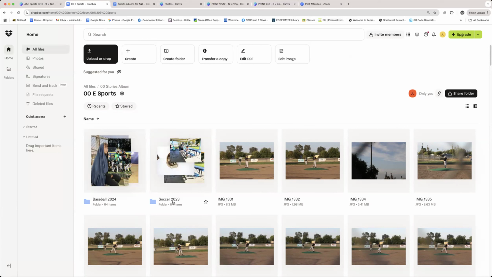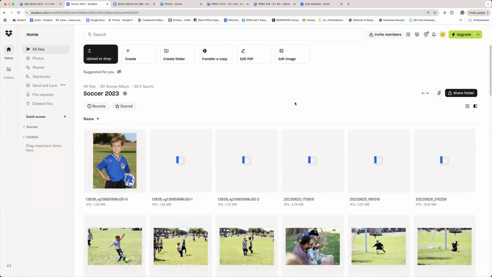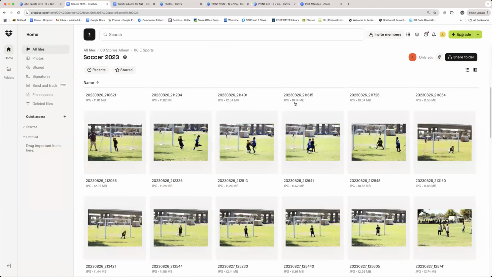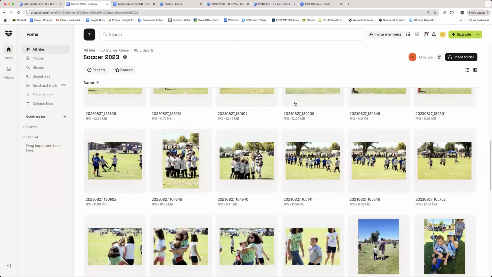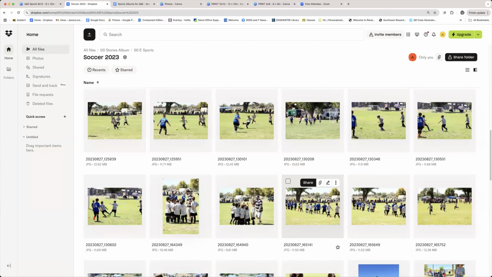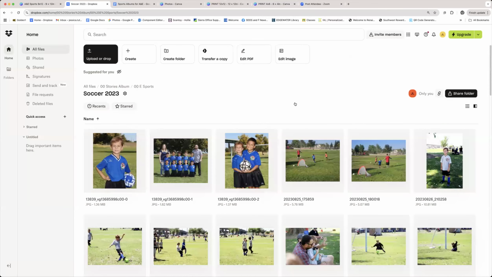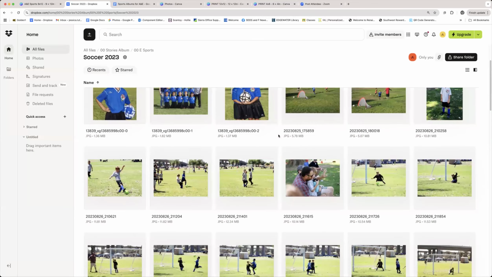E is my son, Ethan. So he has only done two sports. And so I've got the photos organized in here. Soccer is, I spent every single soccer game taking photos. I just roamed the field and took a ton of photos. So this is just a drop in the bucket of the photos for the season when Ethan played soccer.